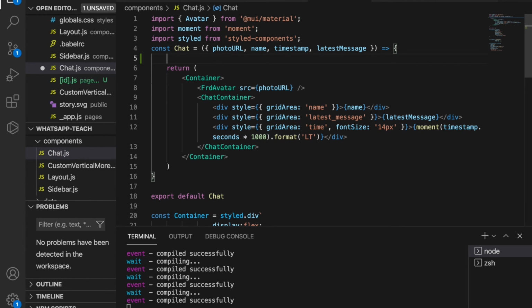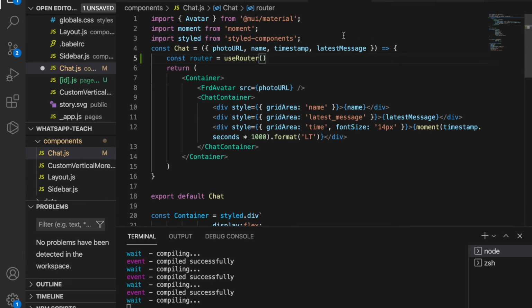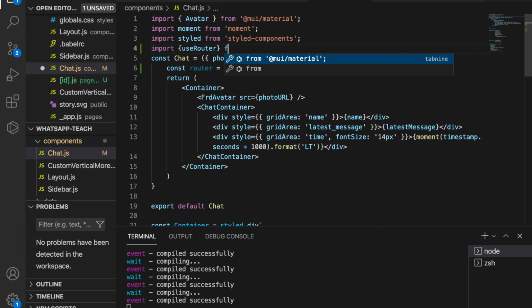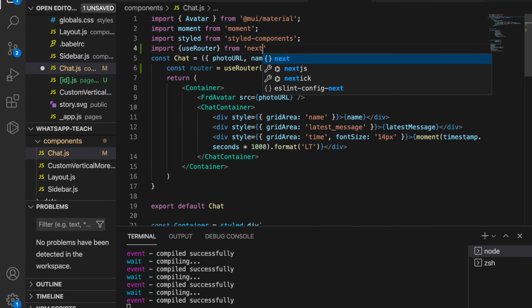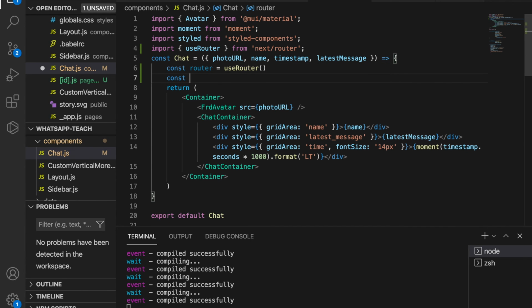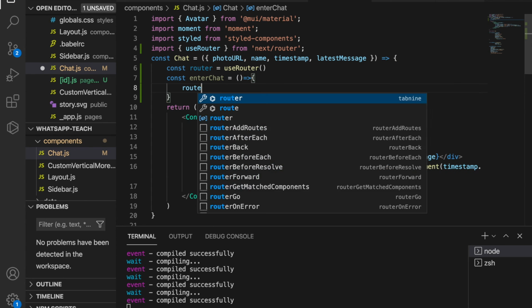So first we are going to create a router, and then we import useRouter from the Next.js router, and then we create the enterChat function,